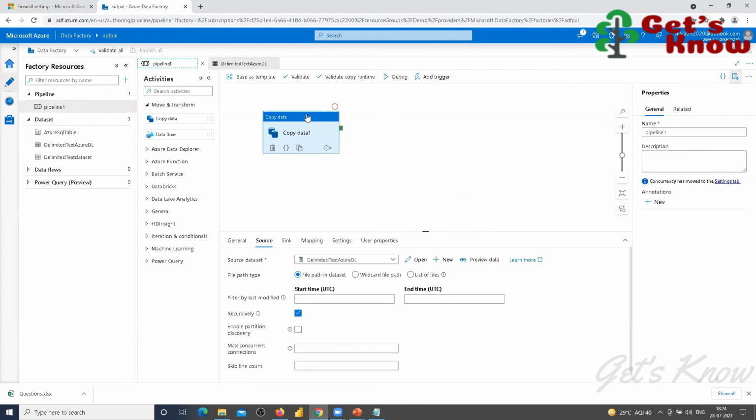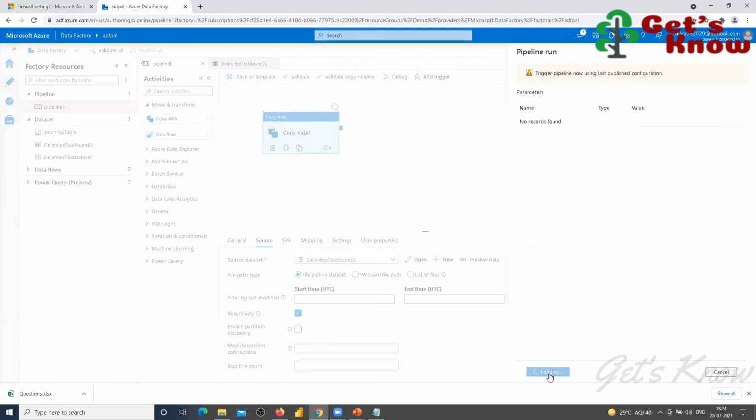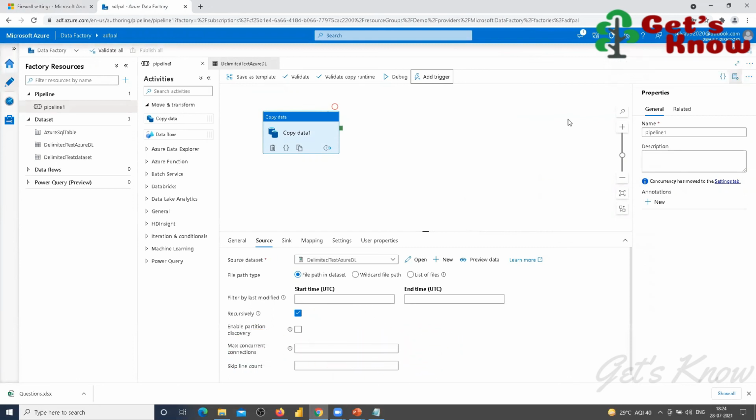Then what could be the problem? So trigger now. Okay, okay. There is a possibility of throwing the error again.